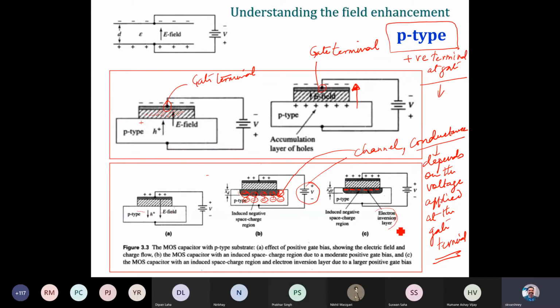So you get an inversion layer. It is supposed to be positive, but you're creating an electron layer. The inversion is because of the charge, and that's the reason we call it the inversion layer.